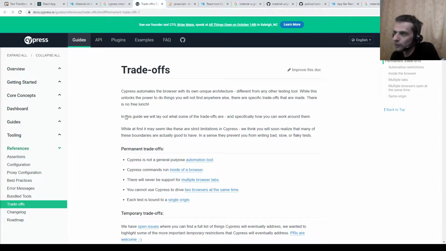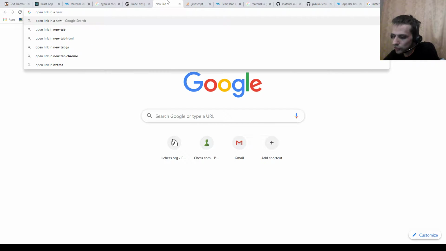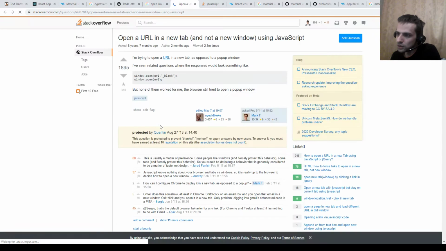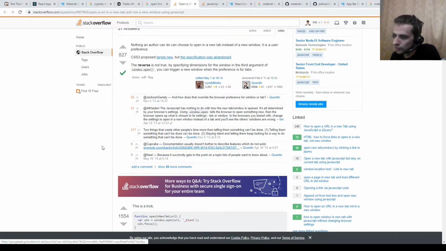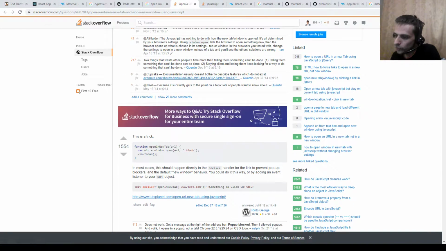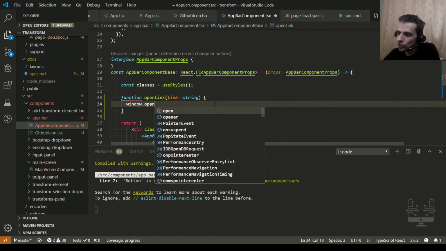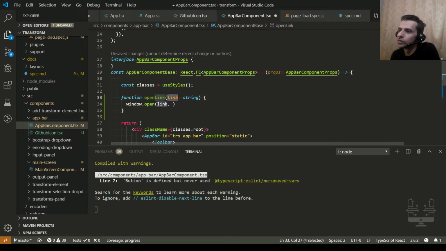how do I do this? I don't remember completely. Open link in a new tab, JavaScript. URL, yeah, blank. Window open with blank, right? Open link, link string. So I'm doing it: window open link. Okay,